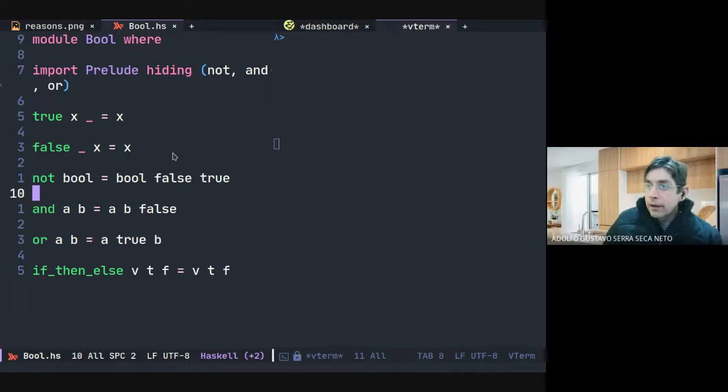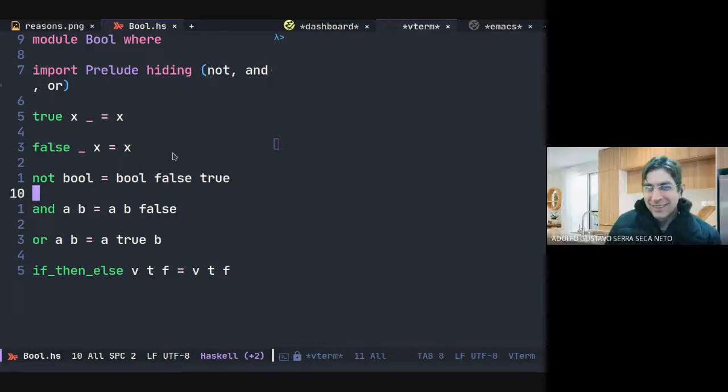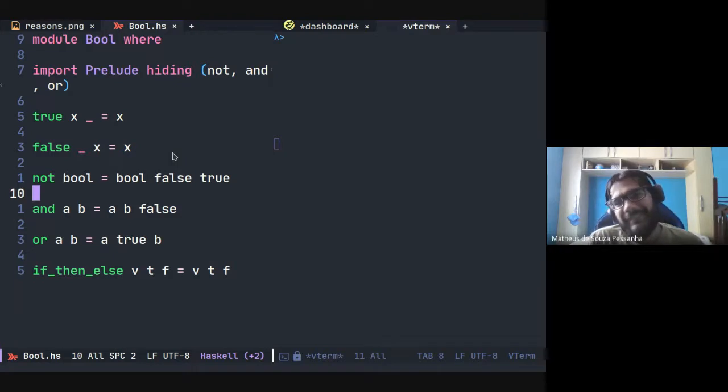The next question is more provocative. If Haskell is so great, why isn't it the number one language in the world? It's the best question. The Haskell ecosystem, and specifically the build system, is kind of confusing and scary for some beginners.